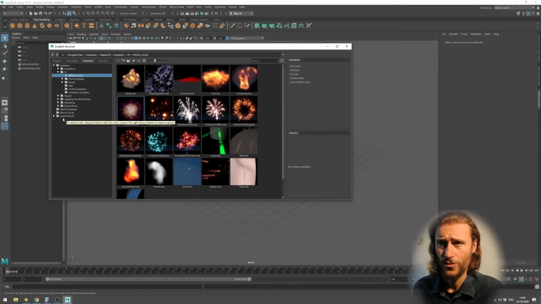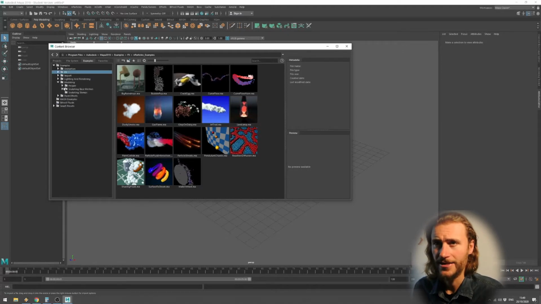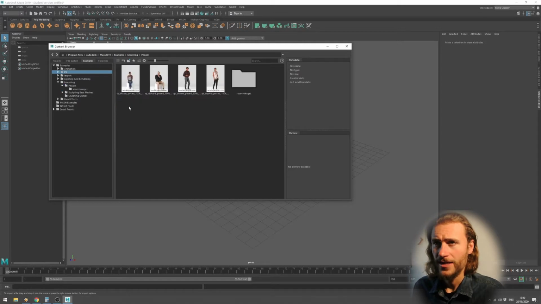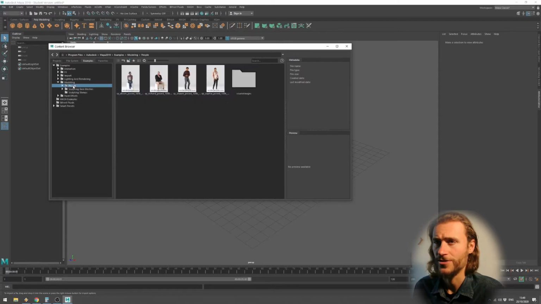But we want to go towards the animation. No. We want to go towards the modeling. And then there's people. And, well, it doesn't really matter which one. We can put this one or that one, but we have also here base meshes and bipeds. That's maybe easier to start with,